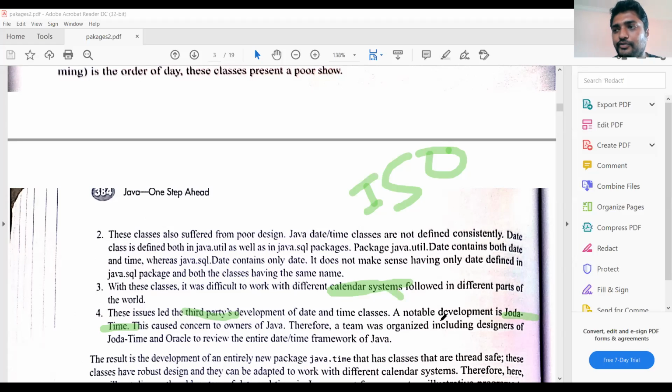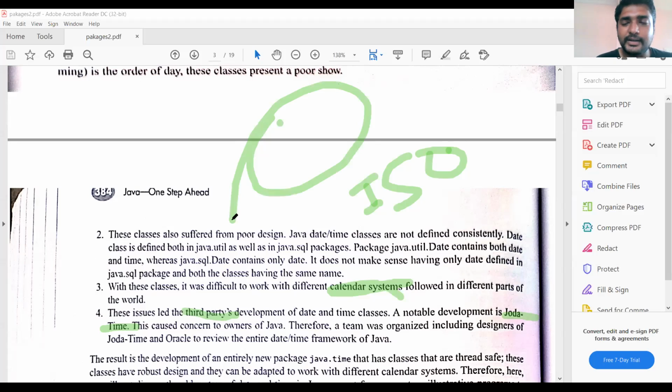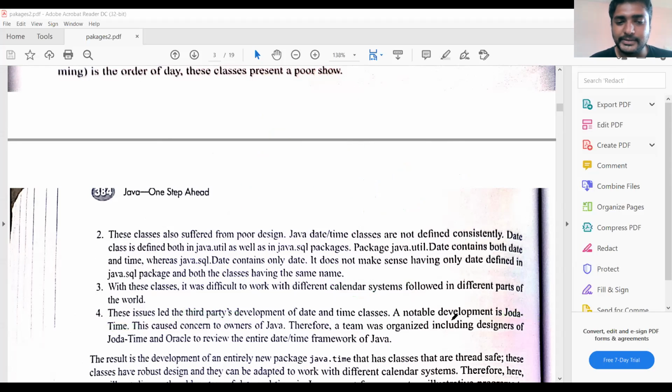If you take the Asian Kolkata time, it can be displayed. If you take the Dubai time, it can be displayed. If you take the Australian time, that can be displayed. In spite of the geographical location, the time does not vary. That can be achieved with Joda Time. These features are not available in the Java util package. So the Java organization formed a group, and they developed the time package. This is some history of this time package.